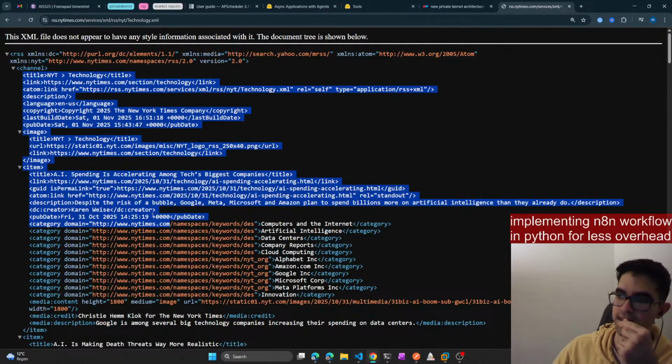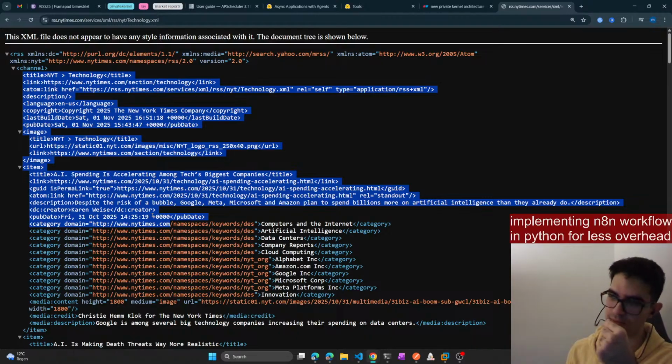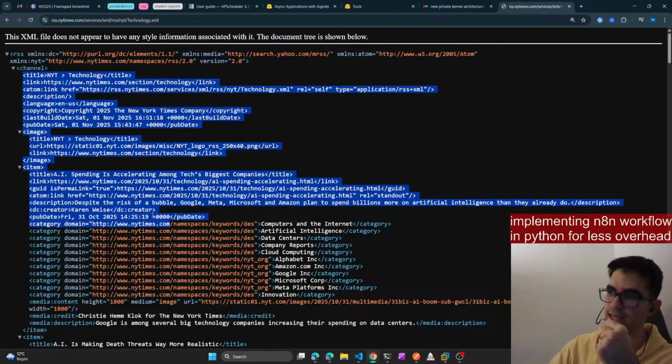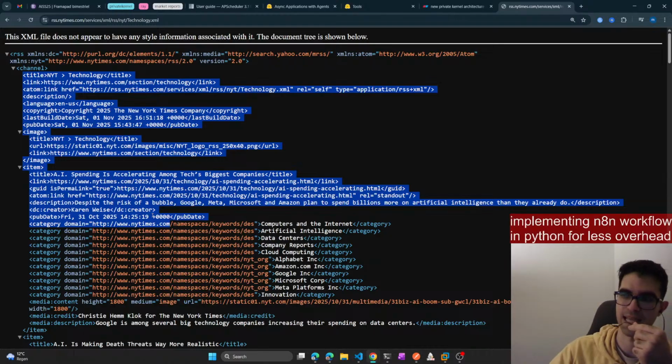Basically these are the things that I created a small server for, and it's just acting as an endpoint. So if I need this tool, this functionality, I will just send a request to the endpoint, and this endpoint is created using Python.